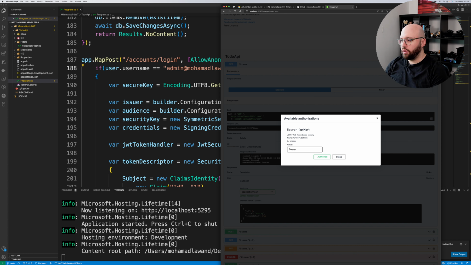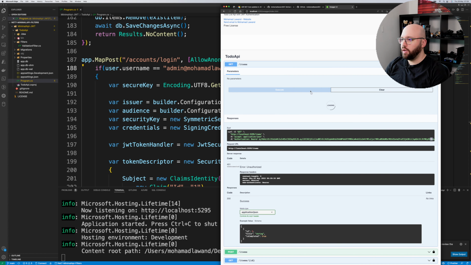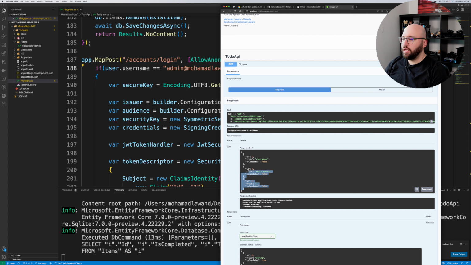We'll put it's a bearer token, we'll pass the JWT, click on authorize, click on close, and now execute. And we can see here that we got the responses back. So this is exactly the behavior that we want to achieve. So now we can actually verify that the application is running, and we are actually able to extract information